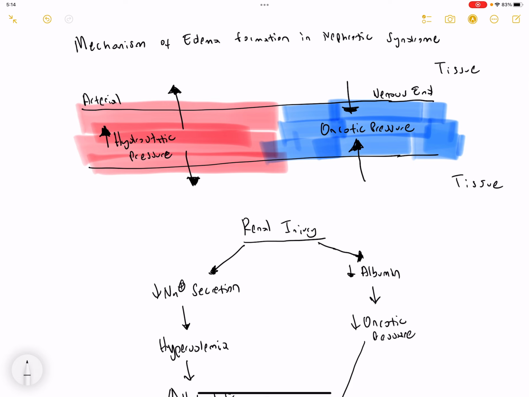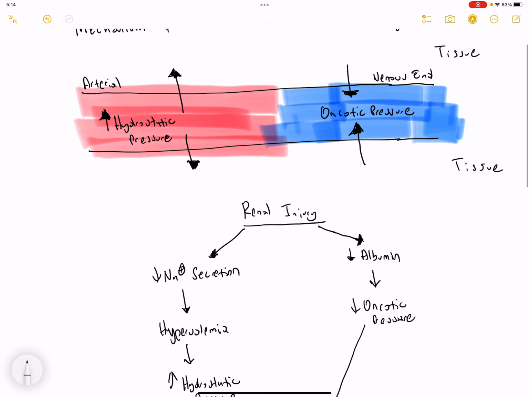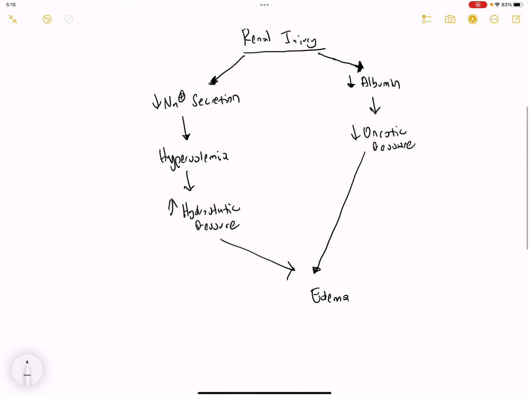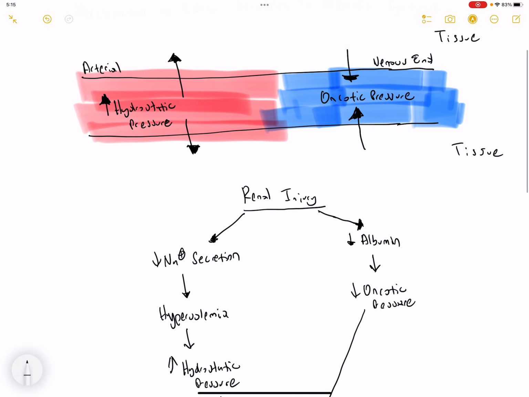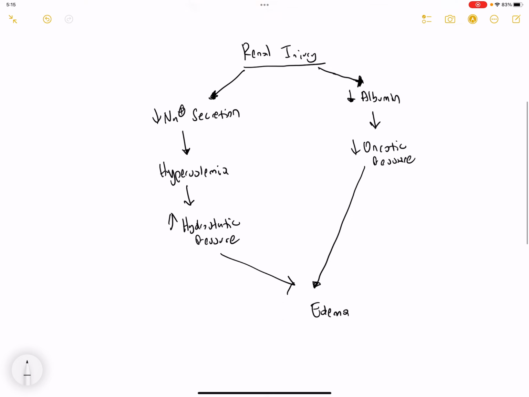So remember, oncotic pressure is the pressure that drives fluid into the vessel. So if we don't have a high oncotic pressure, then fluid is going to accumulate in the tissue, resulting in edema. When fluid accumulates in the tissue, we're going to have less fluid in our vessels, and then this is going to trigger